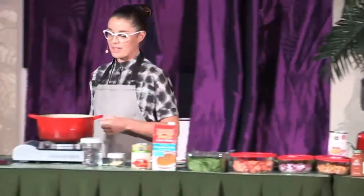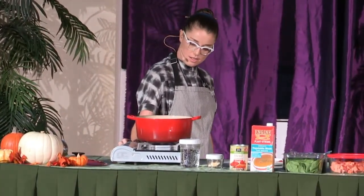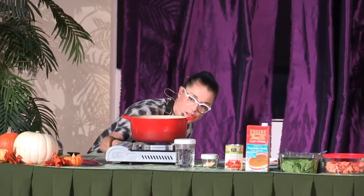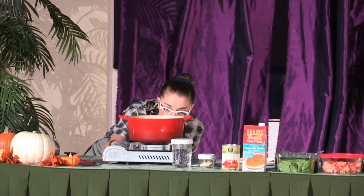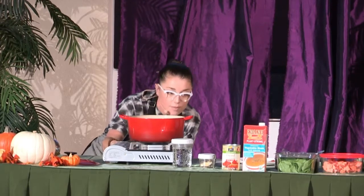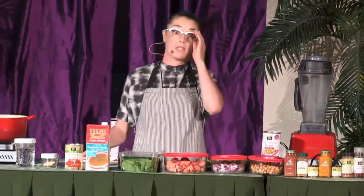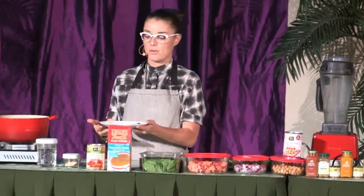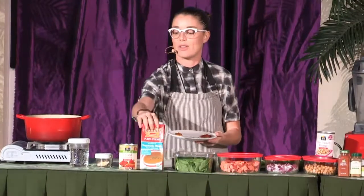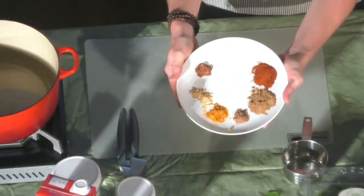Okay, so I'm going to try to turn this thing on. Okay. So the first thing that we're going to do is wake up the spices that we have. So we have a lot of different spices. I'm trying to figure out this camera thing. This is my spices. Can you see that? Yay! Okay, so there's